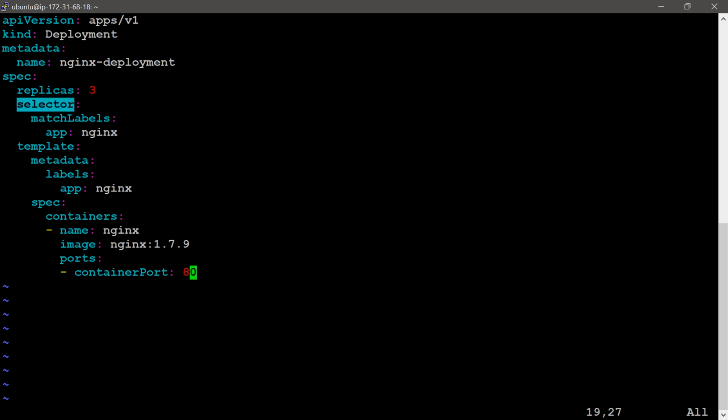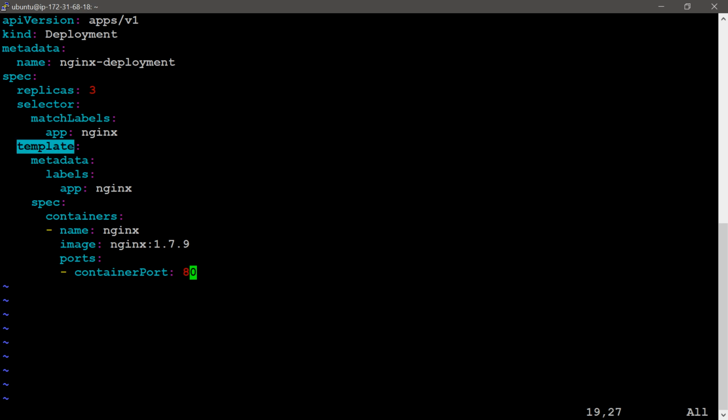Then selector match labels app nginx. This label I'm going to use as the selector with the match label key. Then template, this is called spec.template.